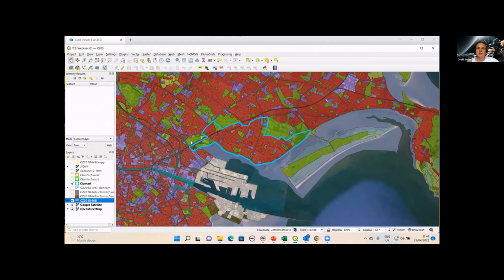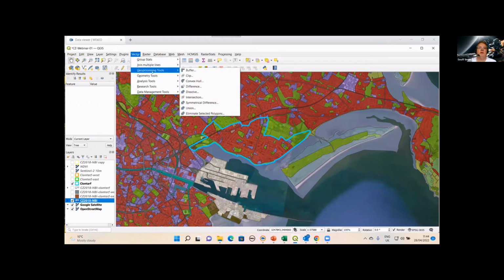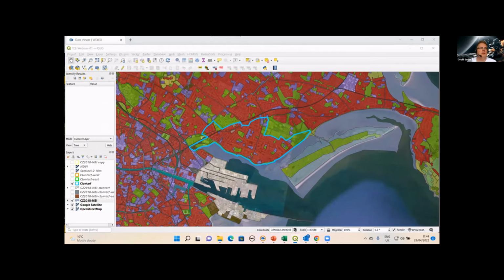Very close to this red, there's a small area of grassland just fronting the coast here, but behind that you're straight into residential buildings, etc. So what we can do, using very simple processing within QGIS, is actually pull out just the area related to Clontarf, and we can do that by just a simple clip function. Let's move that onto this screen here.